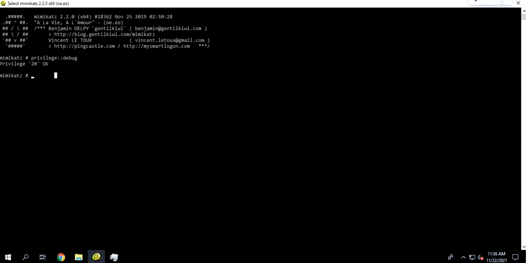Right now we have Mimikatz and we have the permissions. In order to interact with Windows LSA and extract useful information from it, Mimikatz needs to run with debug permissions. Debug basically grants you the ability to access the memory of other processes running on the system. Coming to the in-depth concepts, Mimikatz is a huge program. There are several modules for interacting with lsass.exe, and Mimikatz itself has a lot of modules built in.